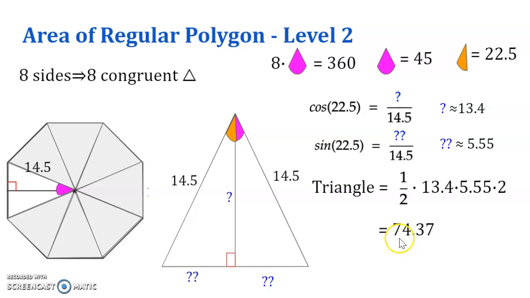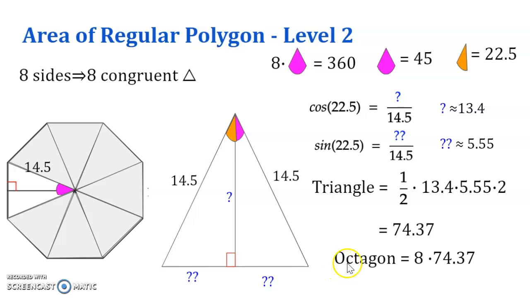Use the calculator and you should get 74.37. So we've just figured out the area of one of these triangles. One of this triangle here is 74.37. To figure out the area of this polygon, since there are 8 congruent triangles with the area of 74.37, we